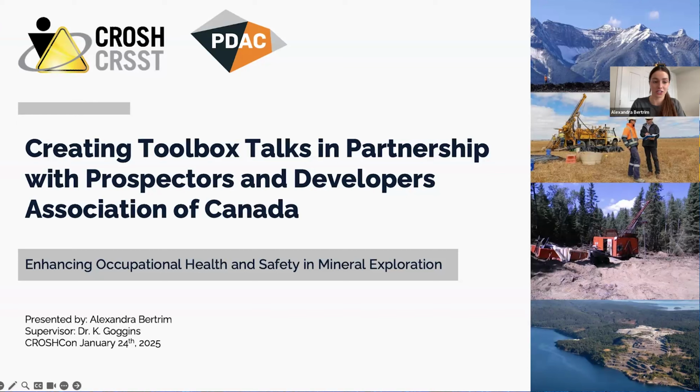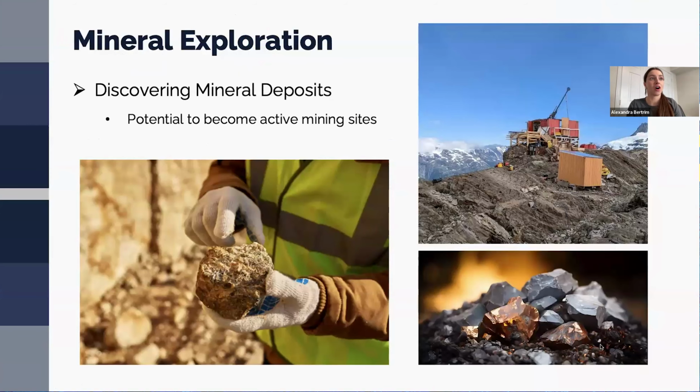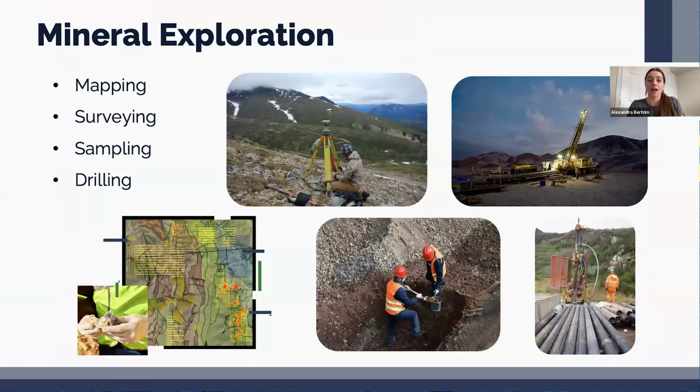mineral exploration industry. So to give a little bit of context on the mineral exploration industry and what it is, it's the process of searching for and identifying locations with mineral deposits that have the potential to be developed into active mining sites. And mineral exploration includes a wide range of activities, each involving a diverse set of personnel, and